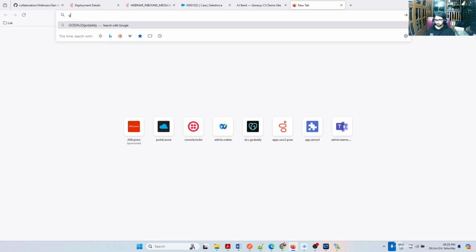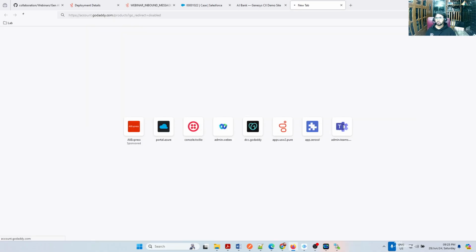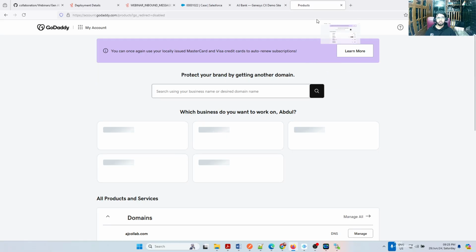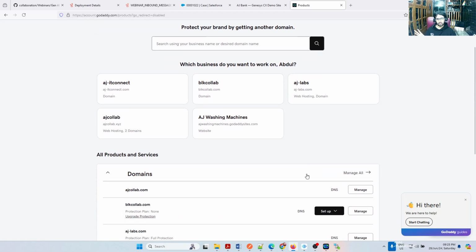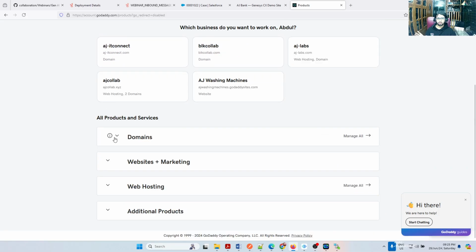GoDaddy. AJ, one thing here. Yeah. So if someone is not aware of cPanel, they can go for blogger.com. Anything would be fine. You just need to paste within your body section. Yeah, that's it. What I'm saying is, Blogger is giving the free template. We don't need any coding language, and we can simply add it. You can do it. What I wanted is to replicate as close as a real production environment. So that's the reason I have paid for the hosting.